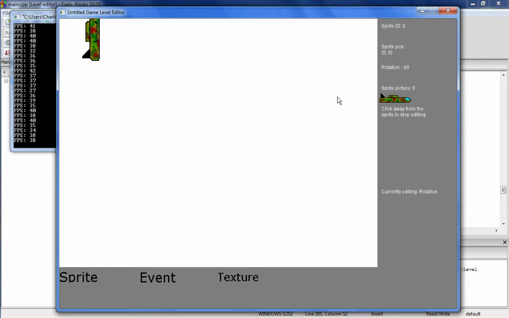And then let's put that back at 0. Then you can change the X and Y: 100, enter, 100, and then for the Y, let's put it at 250. So you can do stuff like that, and then when you click away,